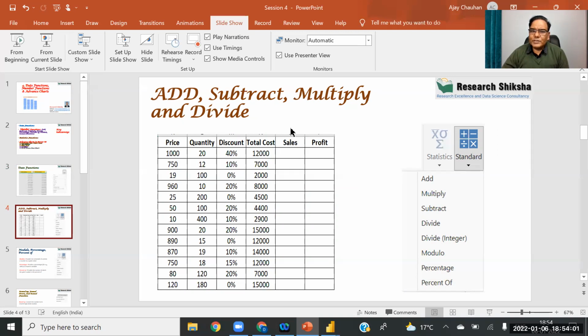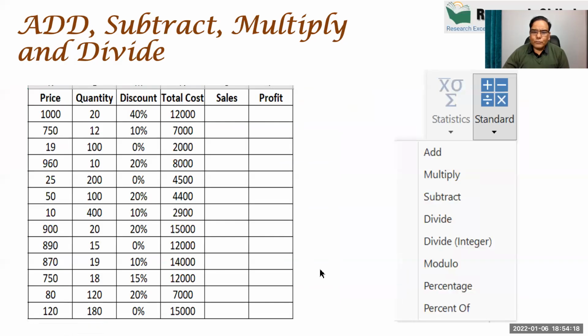The formula of sales is very easy: quantity sold multiplied by price per unit is the sales revenue, minus discount is the realized sales. I also want you to write a formula in the book: which formula you will apply to calculate the sales and which formula we require to calculate the profit.